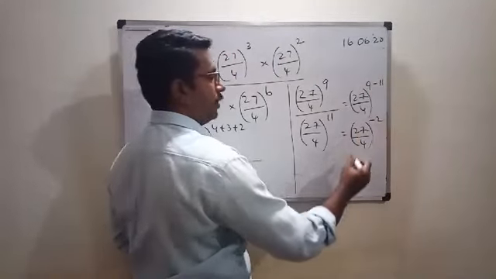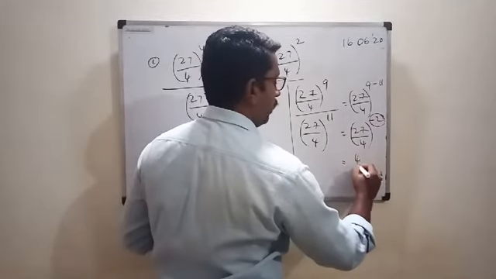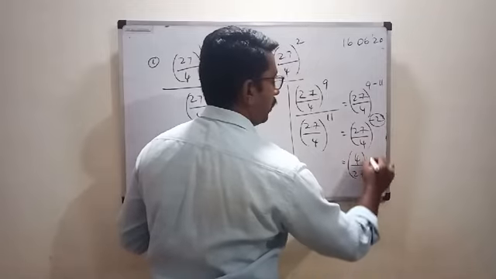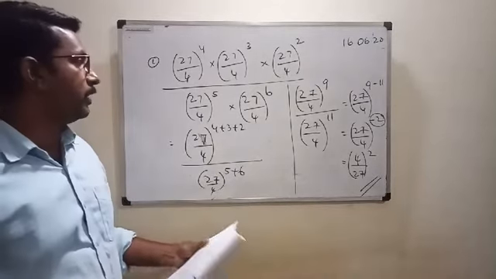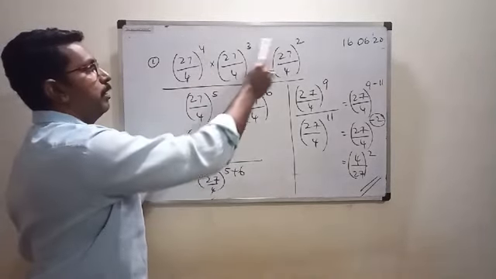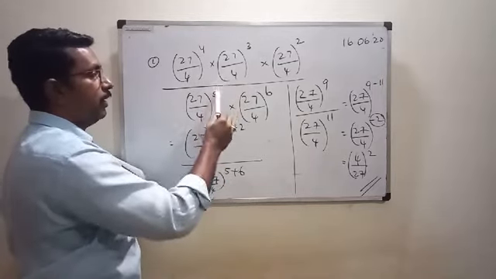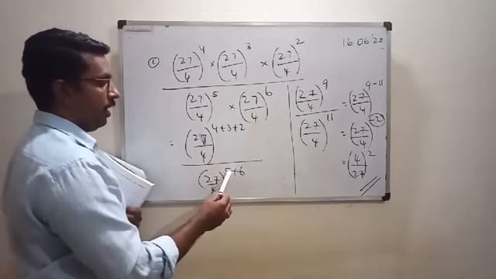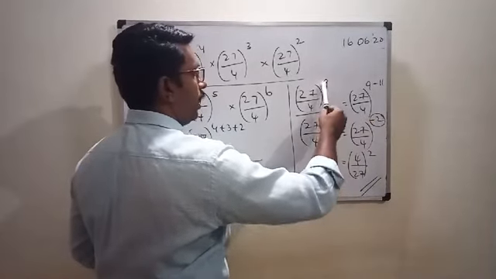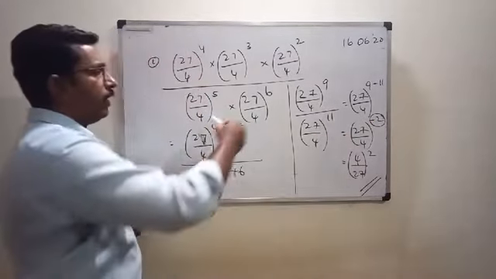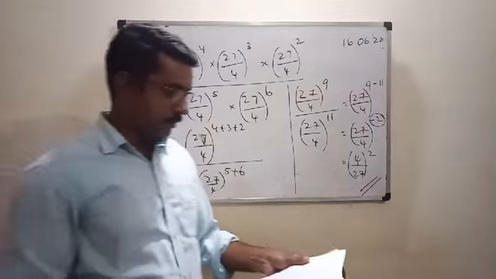9 minus 11 is minus 2. It has got a negative power. We can make it positive: 4/27 whole square. Or you can write it in the form of a rational number, no problem. This is the answer. So here you see, first we applied product law in the numerator and denominator also. So 4 plus 3 plus 2 and 5 plus 6, 9 and 11. So 27/4, and here we applied quotient law. Or you can directly do minus 5 minus 6 will come. That is also possible. Doesn't matter.